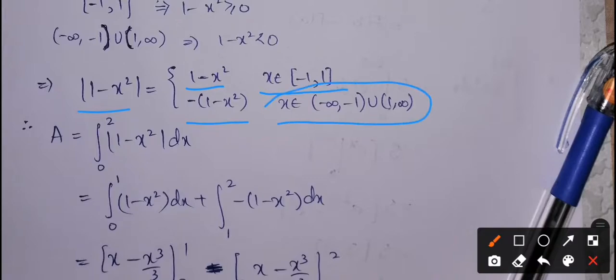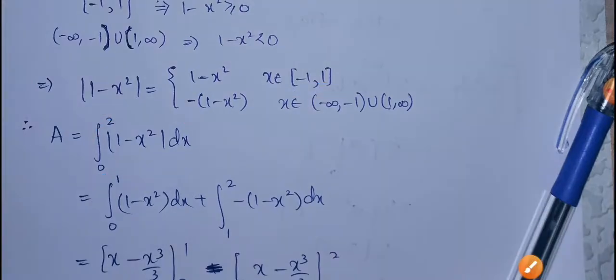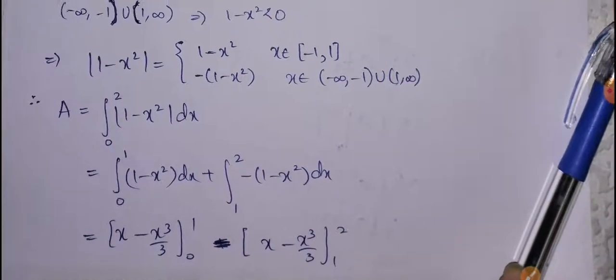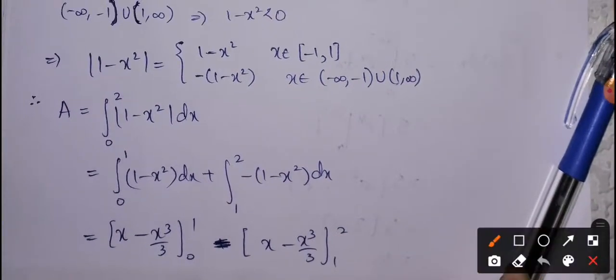Now we are going to break our definite integral according to this definition. So as we are having 0 to 2 mod of 1 minus x square, and we know that it is going to have different definitions at x is equal to 1, that is for greater than 1 we are having a different value, for less than 1 we are having a different value. Similarly, it is breaking its value at -1, but -1 is out of this interval. That's why 1 is playing an important role, and we are going to break our interval at 1. So 0 to 1 and then 1 to 2.